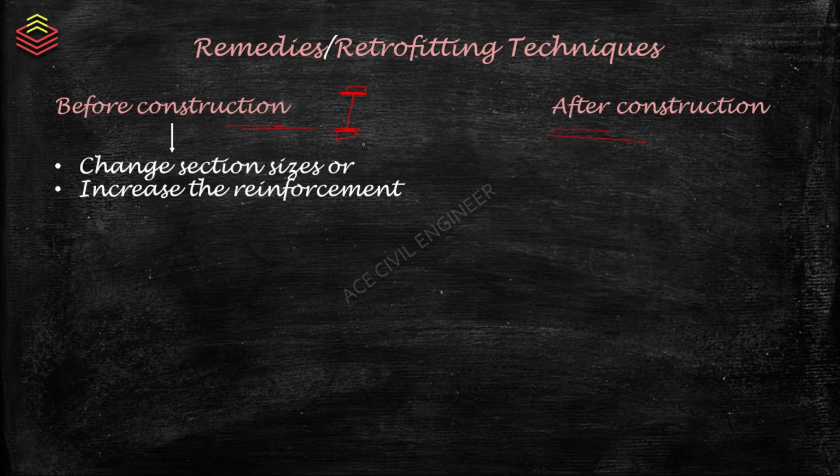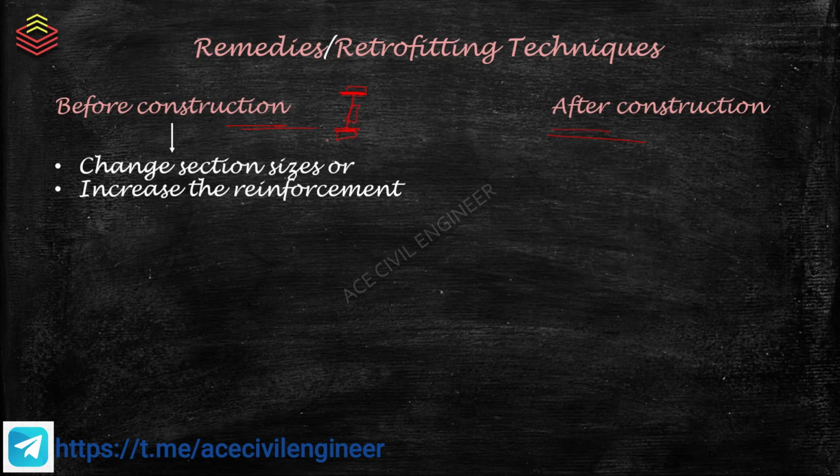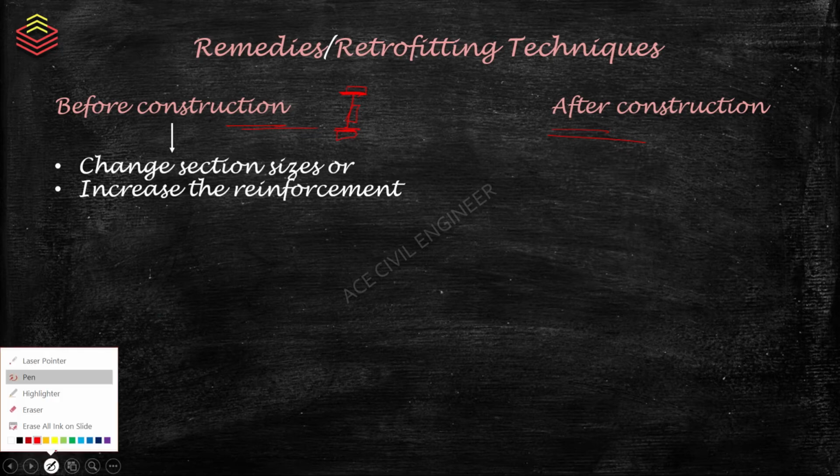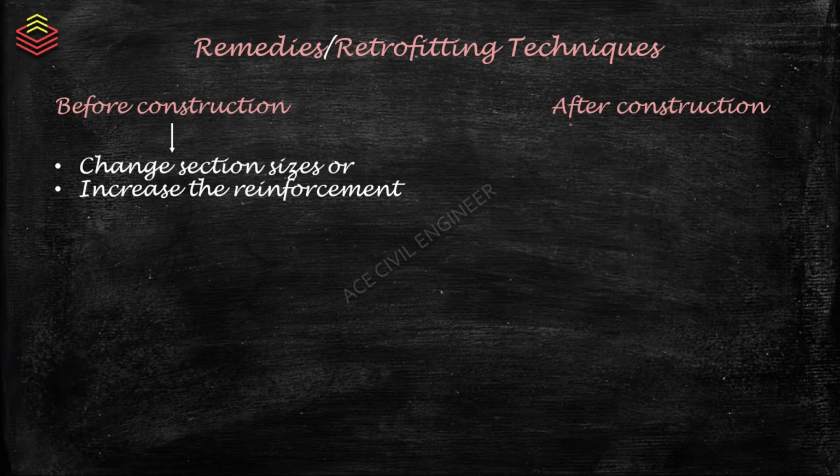Your only motto is to increase the moment carrying capacity or the stiffness. In such case, when you increase, sometimes you may require the increase in the web as well. So that also can be done. Now you may ask, if I am doing some concrete section, then first of all you have to try to increase the cross section of the column. If that is not feasible, your architect may not be allowing you to increase higher cross sections, then what you can do is you can simply increase slightly more reinforcement so that you can get a higher moment of resistance.